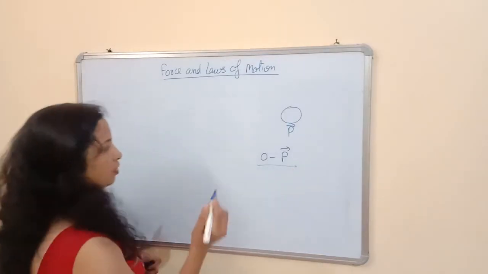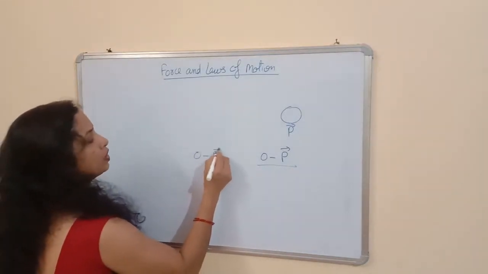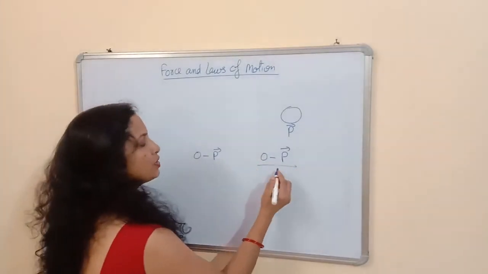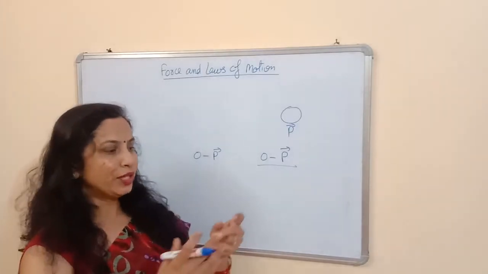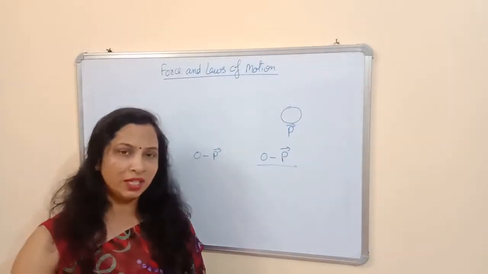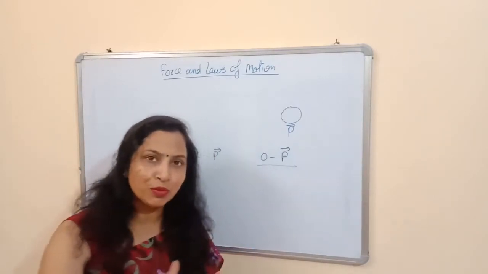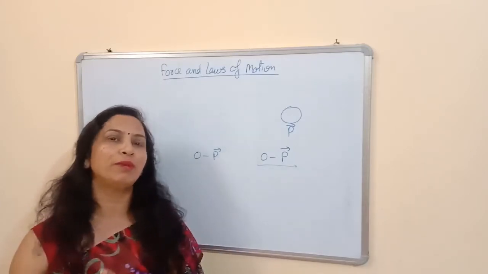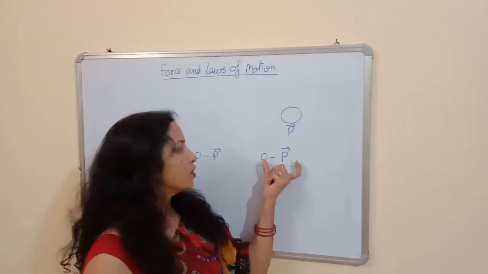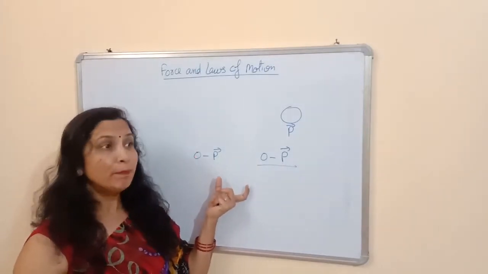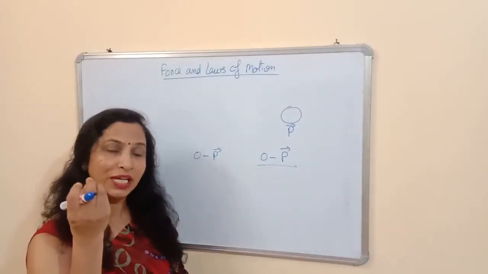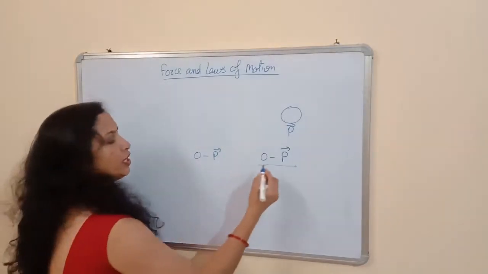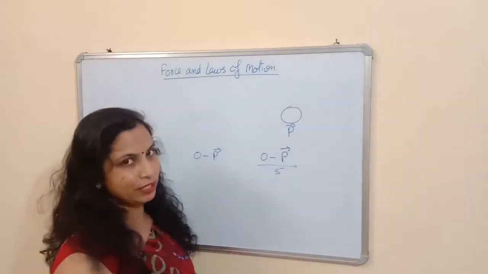Now, again I am taking two examples. Both are the same, this change in momentum is the same. Now in this case, you are taking a ball and you are catching like this. So what are you doing? You are increasing the time to catch the ball. It means you are increasing the time to change the momentum of the ball to 0. The final momentum of the ball becomes 0, but when you catch like this, you increase the time taken by you to change the momentum. Suppose now you are taking 5 seconds to change the momentum.